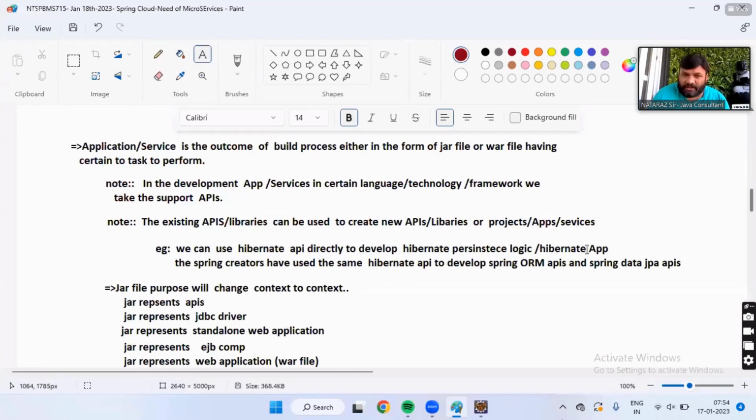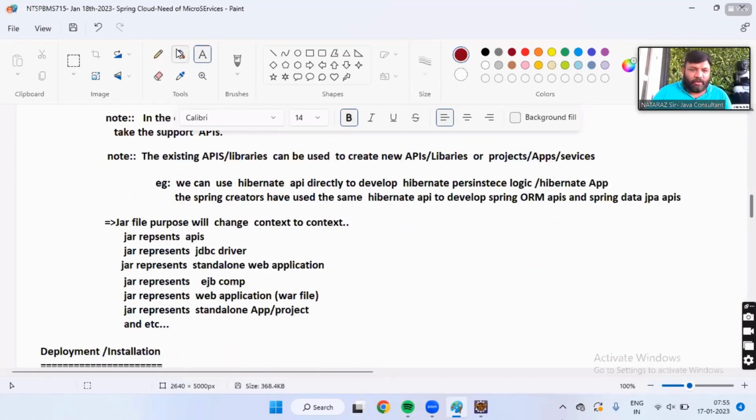The Spring creators have used the same Hibernate API to develop Spring ORM APIs and Spring Data JPA APIs. Everyone getting my point?